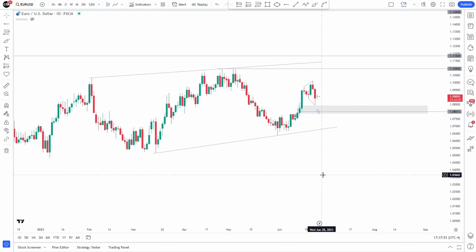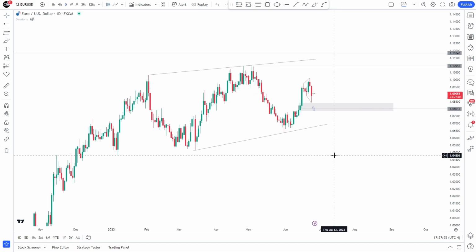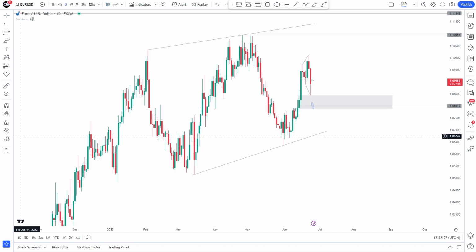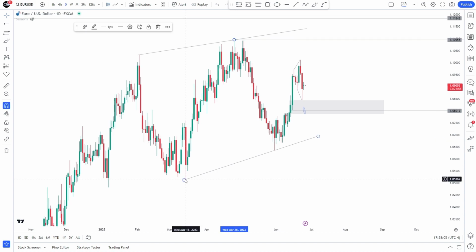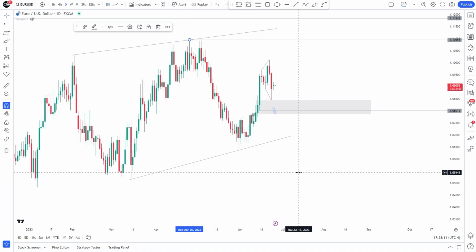But what we are actually looking at is the fair value gap, and the fact that the market is printing higher highs and printing higher lows as well. We have a high, this high goes above, and then from here we have a low. The market makes a higher high here. So this is a failed low for this one. So this is one thing we want to keep our eyes on.